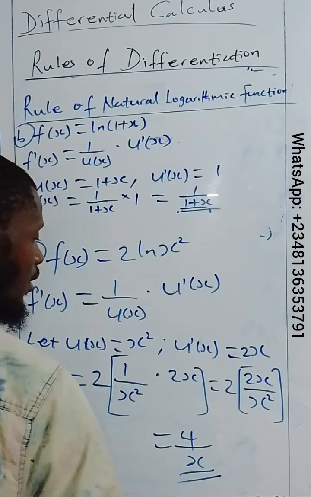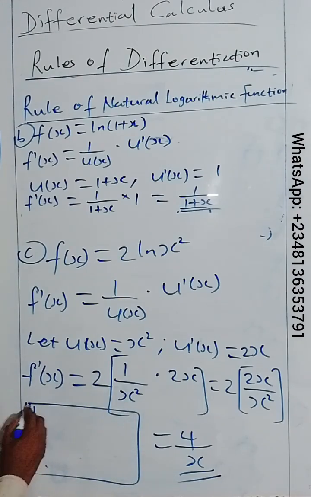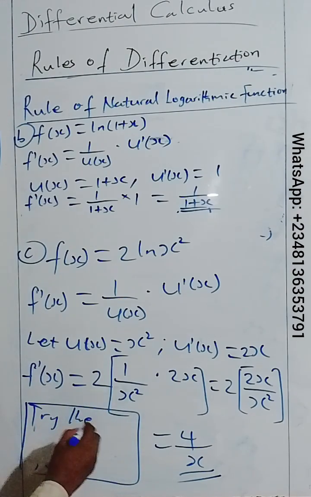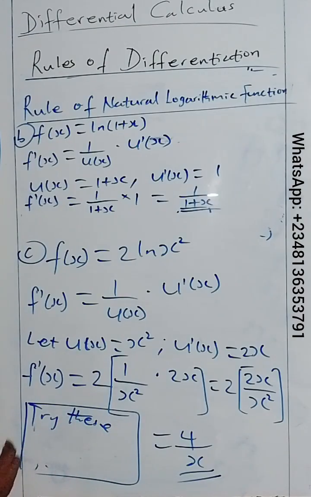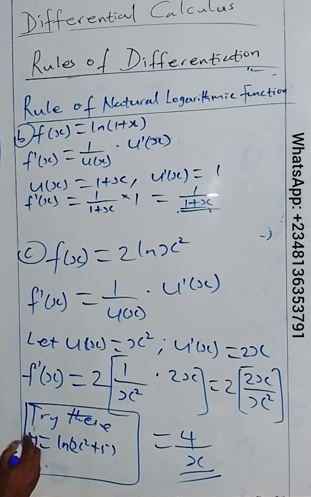Okay, so can you try this? Let's say we have y equals ln of x squared plus 5. This is number 1, and number 2, y equals 4 ln